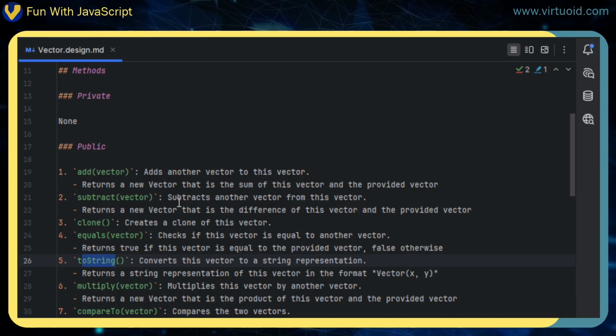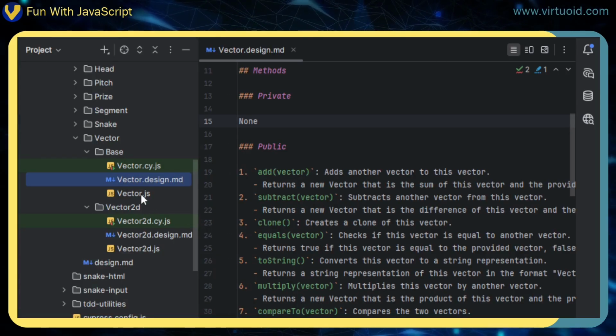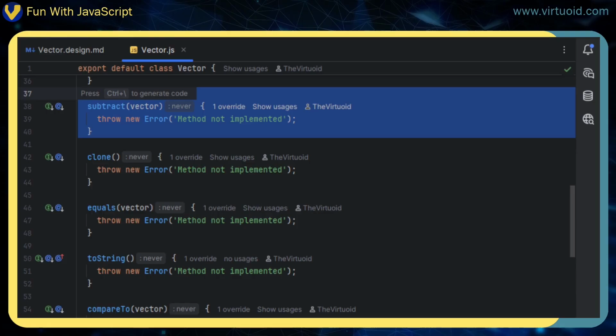No. We don't do it that way. We basically say, the base says, okay, all you other vectors, you need to give me an add, a subtract, a clone, and equals. I don't care how you do it. You just got to have these particular methods. And that's the whole beauty of an abstract class. An abstract class is our blueprint. I am saying that if you are to become a vector that extends this vector class, you need to implement all these methods. So the base class itself, if we go into the code,